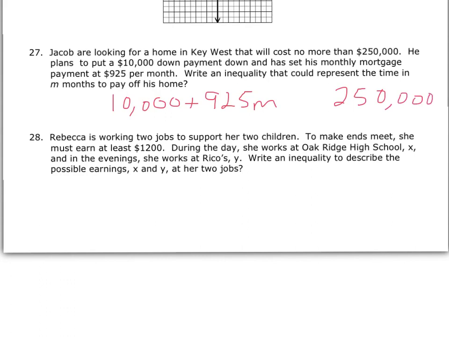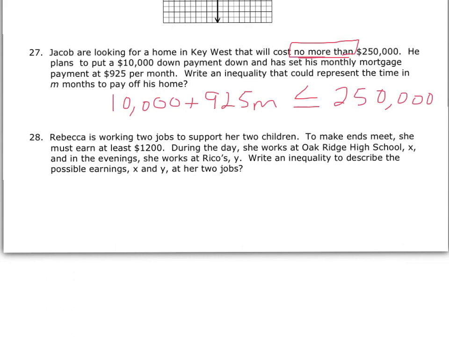So the price of the house is the greatest amount. He doesn't want to pay any more than that, but he could get up to that 250,000 because it says no more than. So that means it could be equal to, but just no more than that. So we want to figure out how many months it would take him